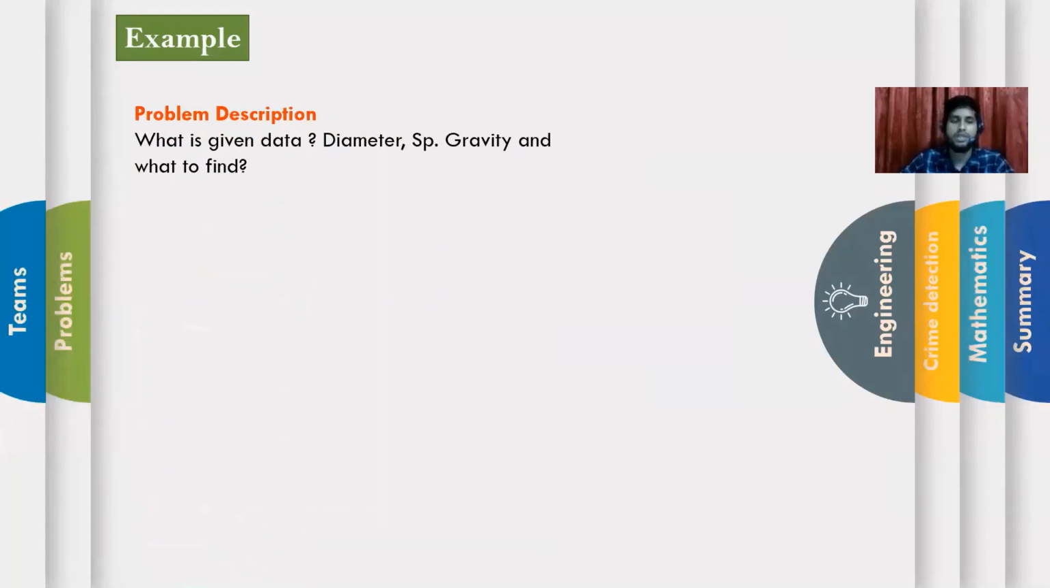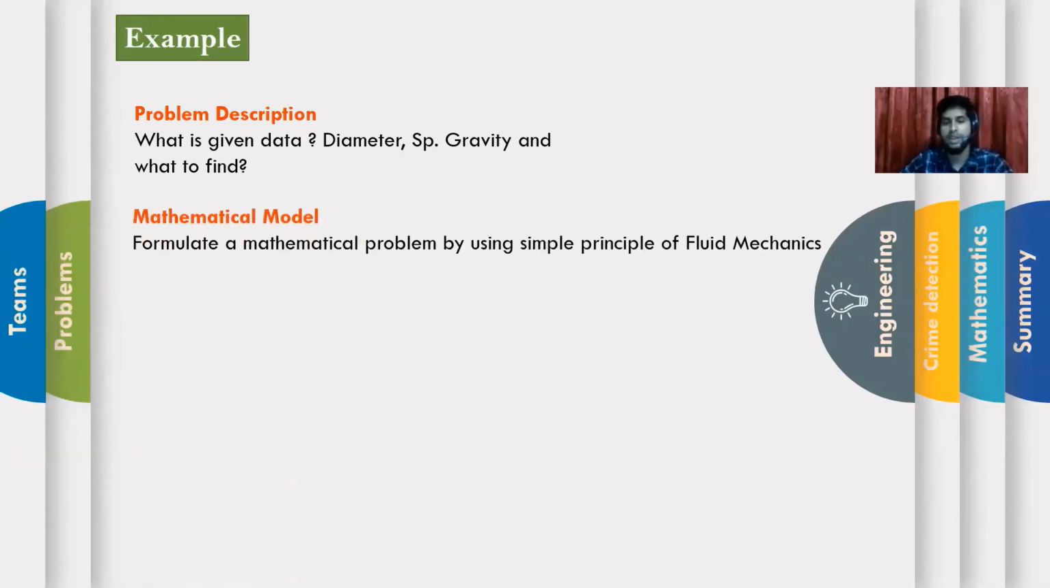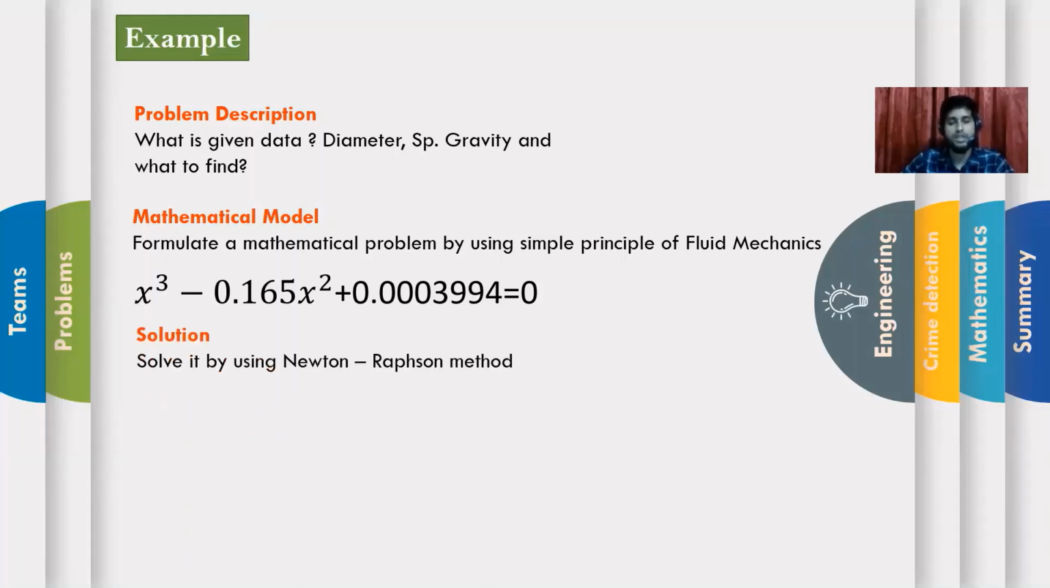At first, we take a problem description: what is given, the data, diameter and specific gravity, and what to find. In the second step, we create a mathematical model or mathematical problem by using simple principles of fluid mechanics, and we get a cubic equation like this, which is shown on the screen. By using the Newton-Raphson method, we can find the solution of that cubic equation,